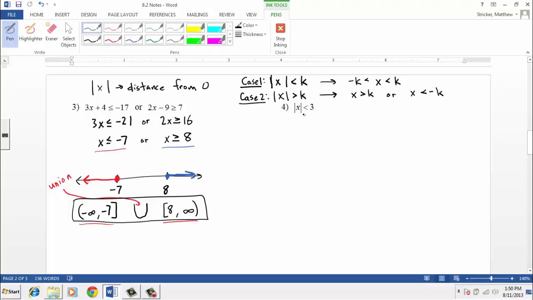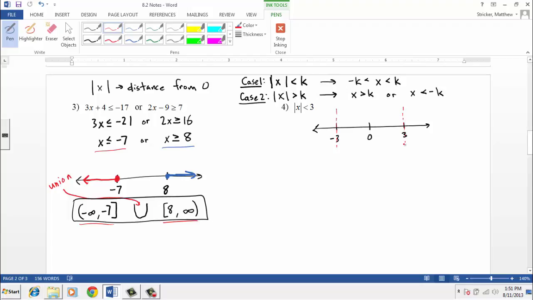So I think the easiest way to think about this is to use a number line and say, okay, well, here's 0 right smack dab in the middle. And let's put the numbers -3 and +3 on this number line. And I'm going to kind of fence off, I'm going to put a little fence in here